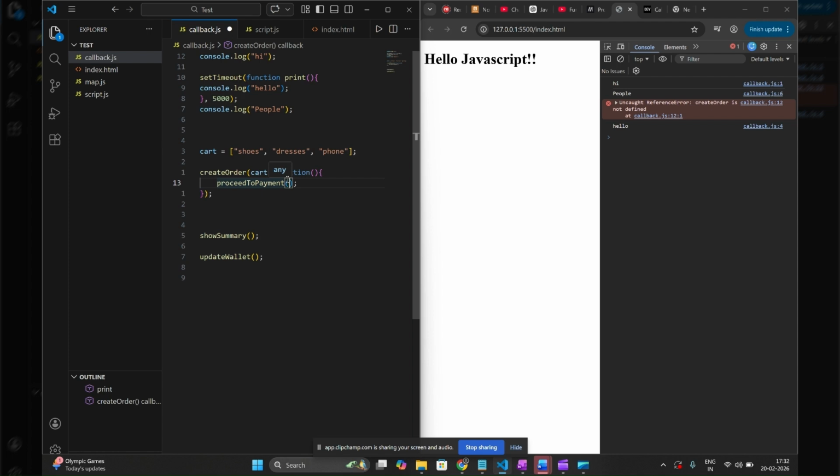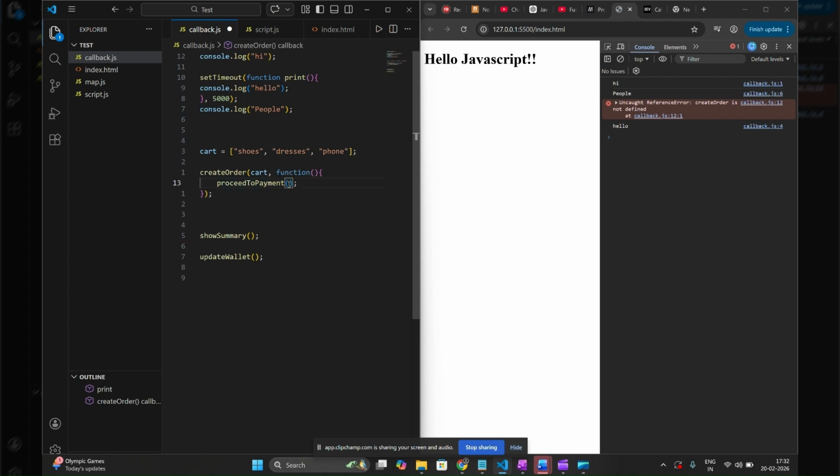So this creates an inversion of control. We have given the control of my program to the create order API. Now this create order API can be written in some other service, some external world, and may be written by some new developer or an intern. We don't know how many bugs it has. But proceed to payment has now been given to create order. So we cannot trust this kind of